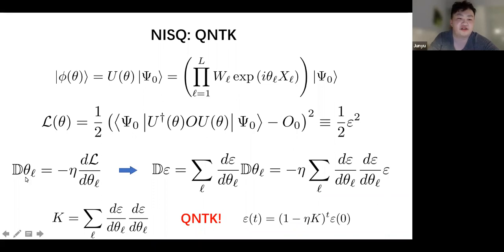And this is just a definition of the algorithm that tells us how to update and train the classical variable theta L. So the point of my theory, the quantum neural tangent kernel, is that instead of studying the variational angle theta, let's study the residual training error epsilon instead, which is the change of the residual training error between two adjacent time steps, t plus 1